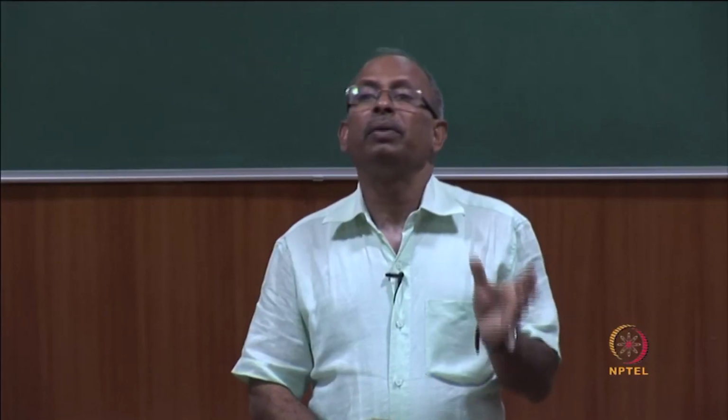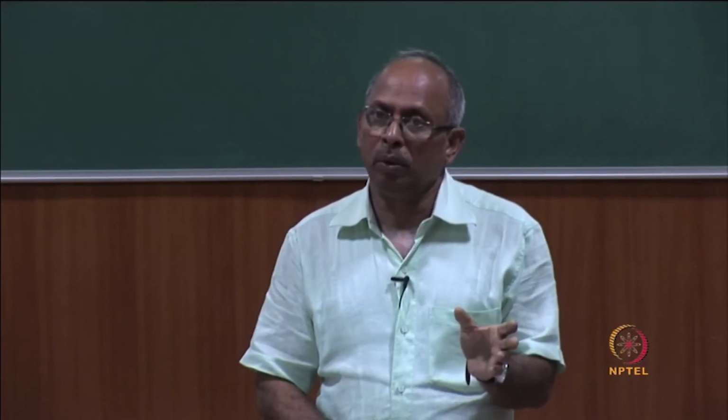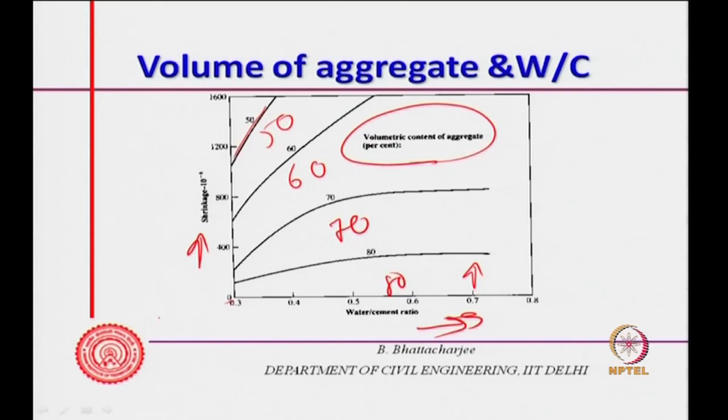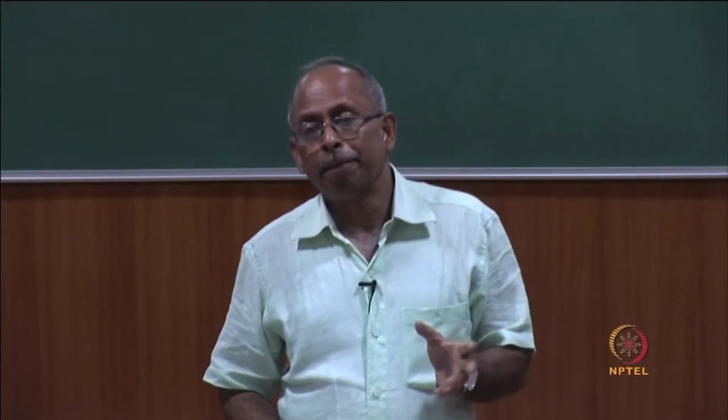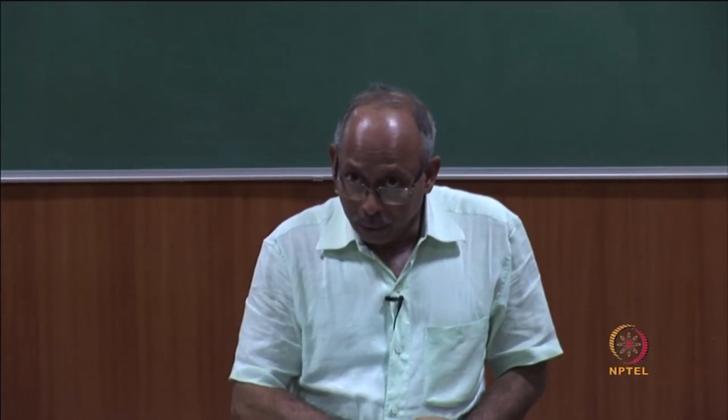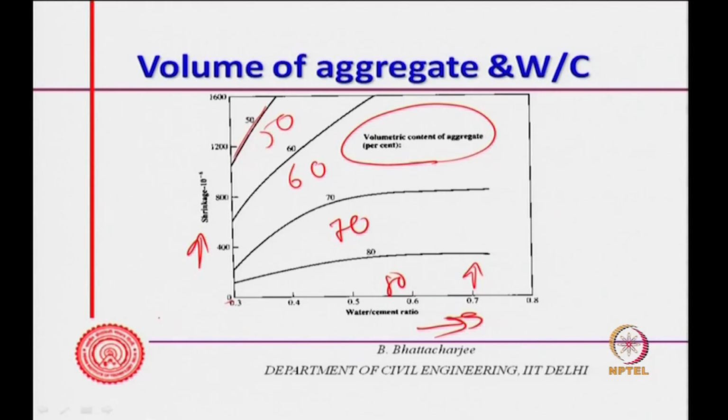We are talking mostly of the drying shrinkage, for normal strength concrete, not a very low water cement ratio situation. We are not going below 0.3. We are not looking at very high strength concrete, where autogenous shrinkage actually governs, which can be more than the drying shrinkage. So, essentially we are looking at drying shrinkage for normal strength concrete. You see, shrinkage increases in all cases as